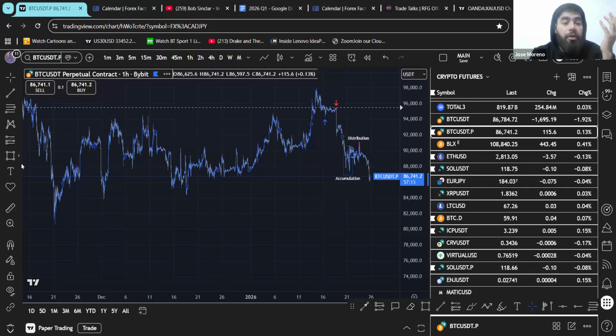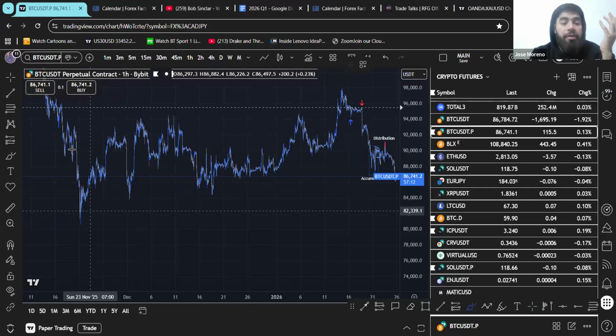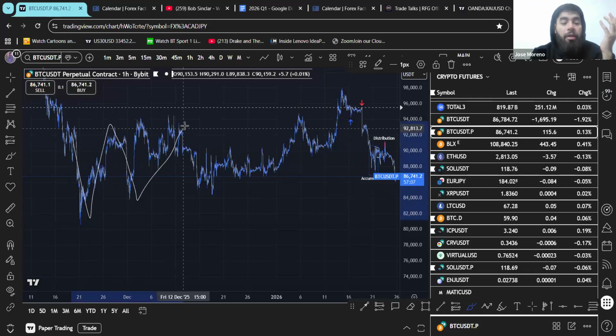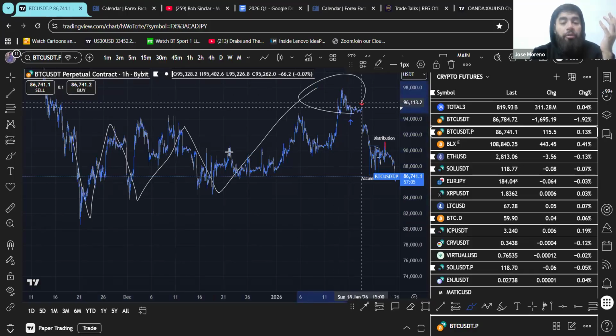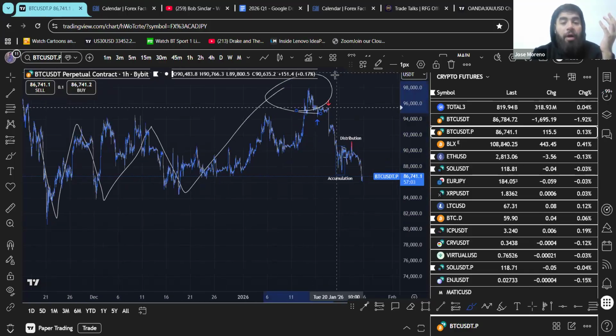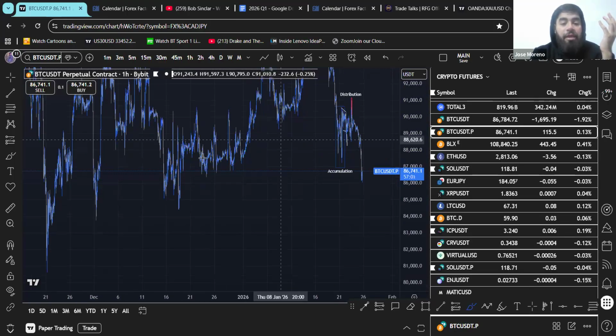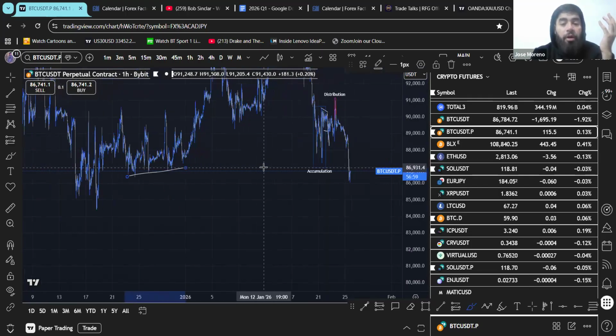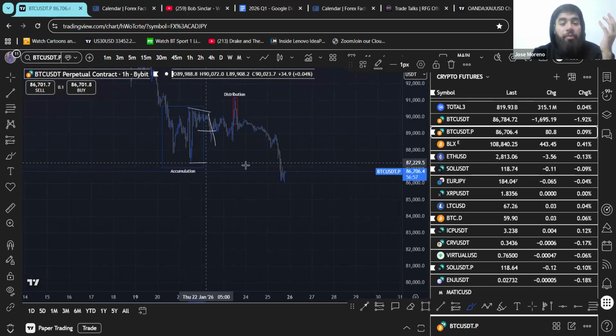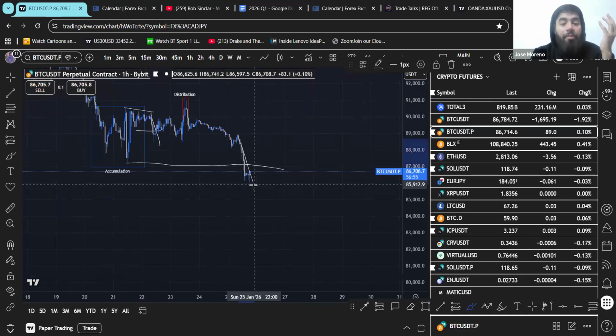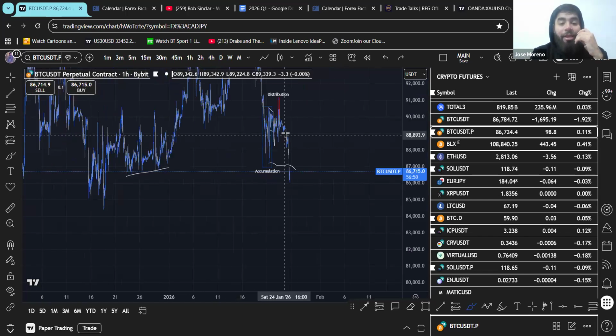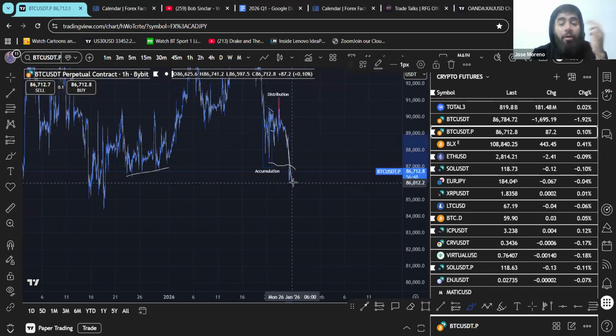Because what we can see here is when we look at the structure that we've seen so far since this accumulation, right? We've had the market going ahead and this is the low that really created the new high, right? We could definitely see all the liquidity that was sitting below here. And we can obviously see here that we previously had an accumulation that is now being run out, right? So is it possible that this could end up being a sweep that we're seeing right now? Maybe, right? How can we really look to confirm that?